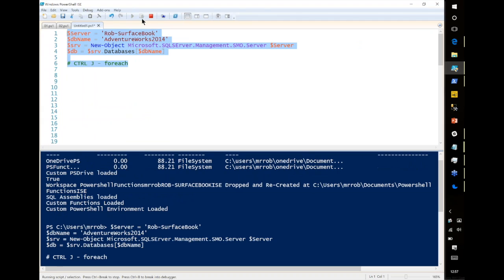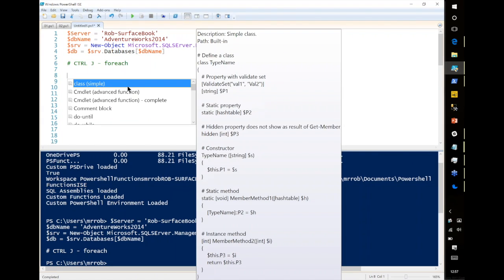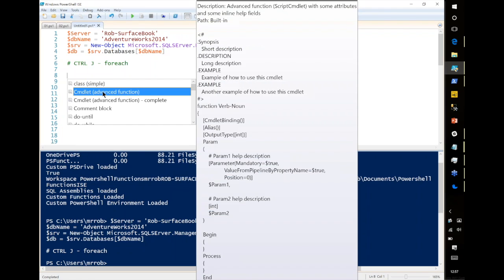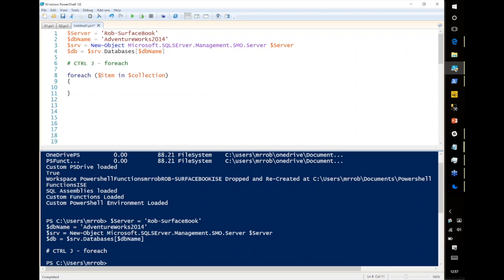We're good. So if we now press Control J, in ISE steroids, you can see that if we wanted to create a commandlet, Microsoft has given us the full correct syntax and detail. If we wanted to do until, it will enable us to not remember whether it's a curly bracket or a square bracket or normal braces. But in this scenario, what we're looking for is foreach. And as you can see, we've found the foreach, and